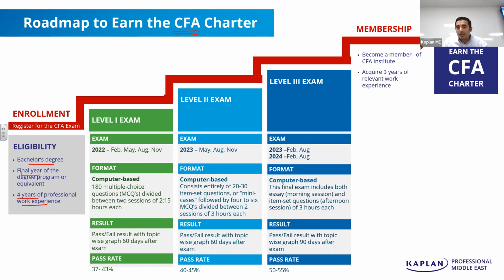Now, when we say professional work experience, it could be anything. You could be a drilling engineer at ADNOC, or you could be a Forex dealer. That doesn't matter. You need to have 4 years of work experience in case you don't have a bachelor's or undergrad degree. Next, if you have any of these, you can appear for the Level 1 exam. Now, for you, what matters is this exam,